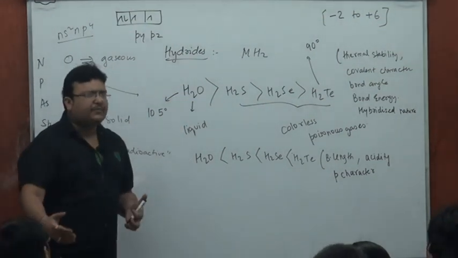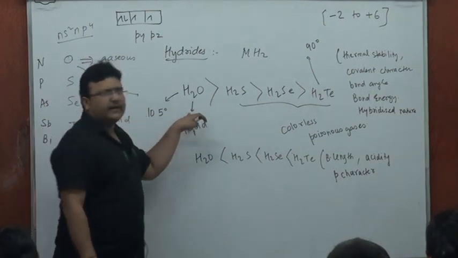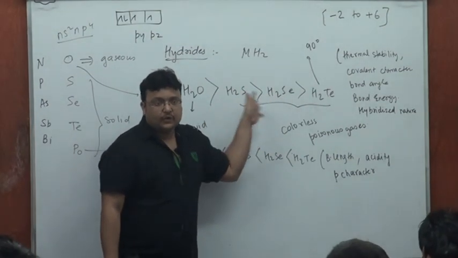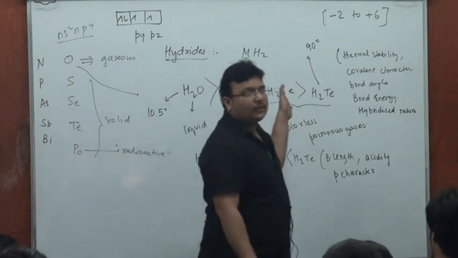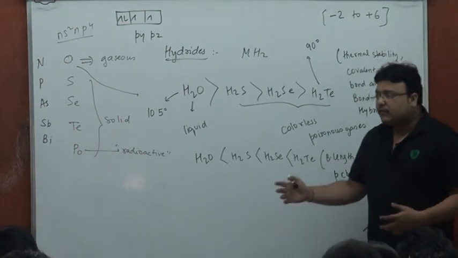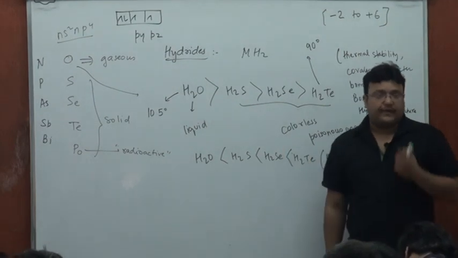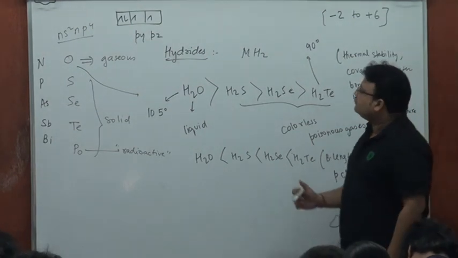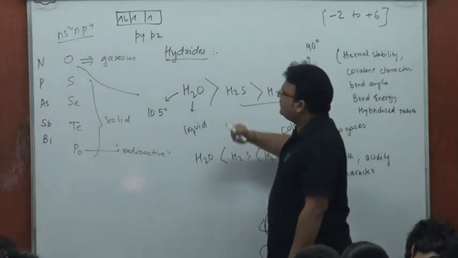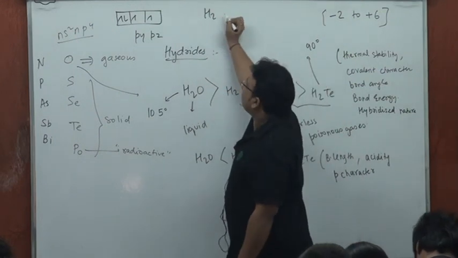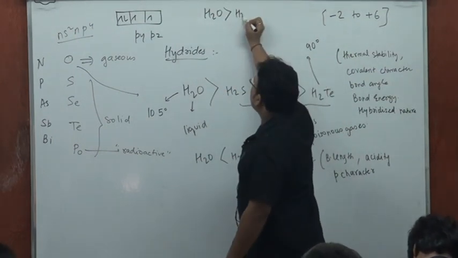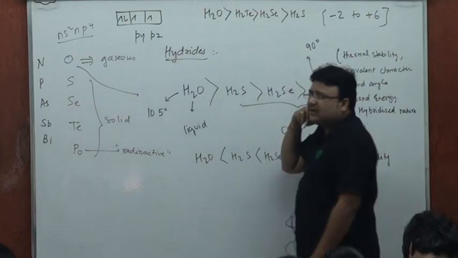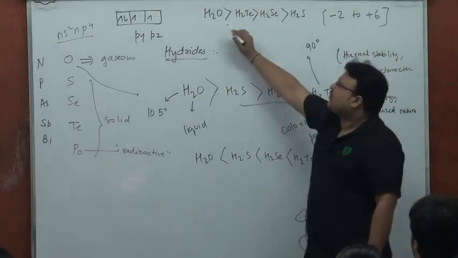What about boiling point? Because of hydrogen bonding, you can keep water in a different league altogether, and for the rest of them there is no hydrogen bonding. So what is the force working here? Van der Waals force. And for Van der Waals force, which is proportional to molecular weight, the order would be H2Te more than H2Se more than H2S. So this might be a little dicey at times. The order of boiling point is going to be H2O more than, and then you'll find H2Te more than H2Se more than H2S. Should not be very surprising, because I've kept water in a different league, I told you, because of hydrogen bonding,